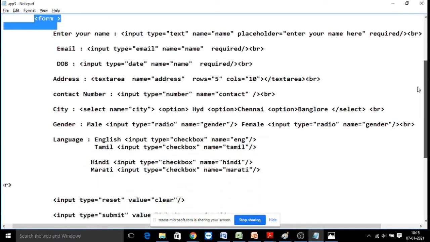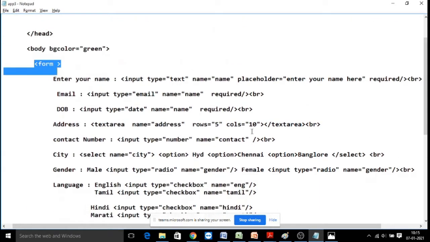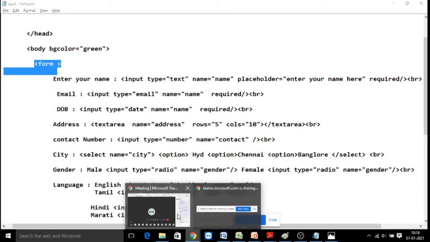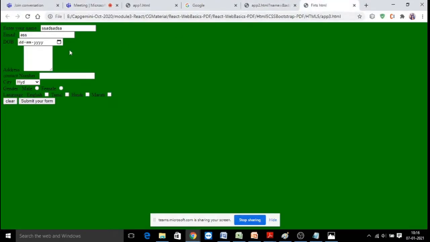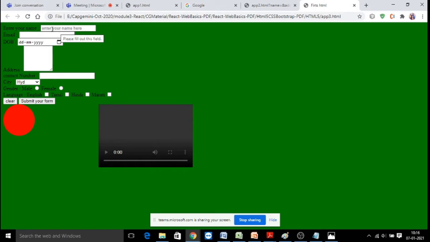And coming to first, let us look into these 3 fields, like how they are behaving. So here, whenever you give a name, if you don't fill this, it will be giving you a tooltip like please fill out this form. For example, I am giving this. Simply it will say fill out this field. This pop-up you are getting because of your required field.